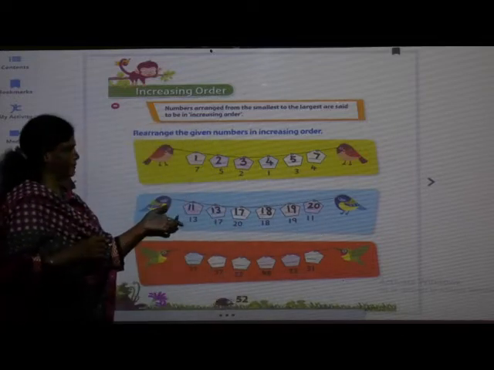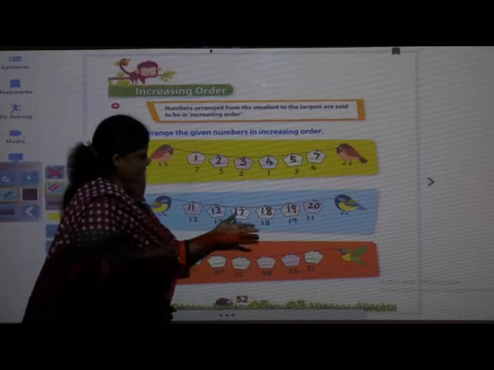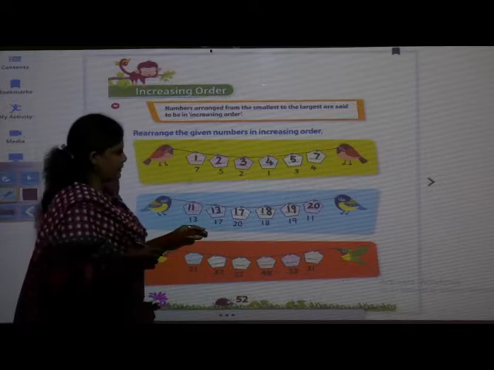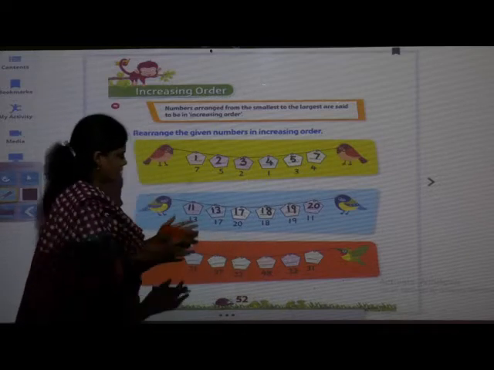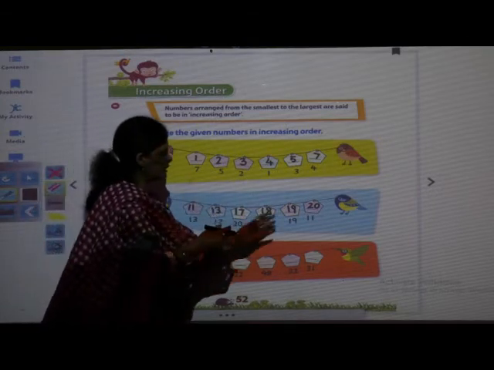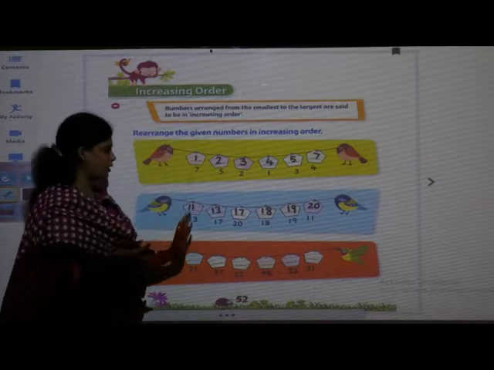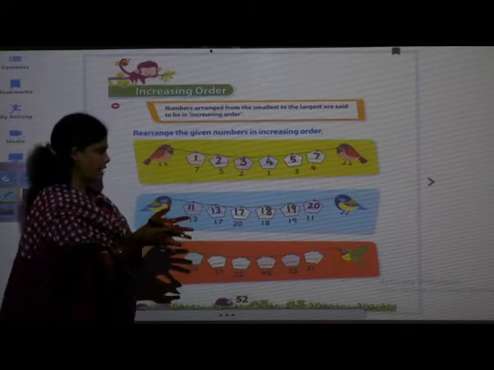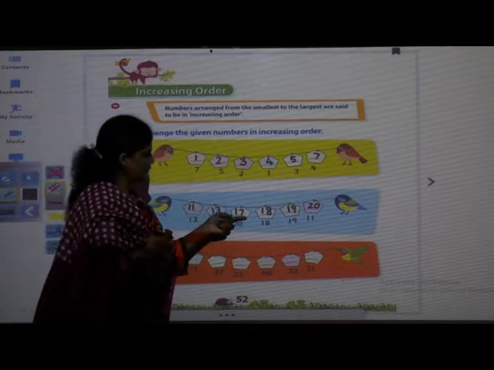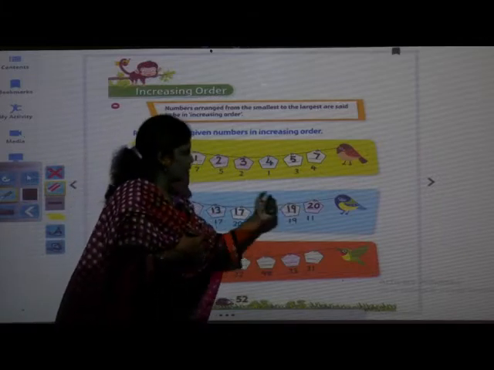See, here also the same thing we have done. First you were having a lot of chocolates but they were not in proper order. So what have you done? You have made bundles of all the different chocolates. In one bundle 13, in one bundle 17 chocolates you kept. Then later on what have you done? You have kept those chocolate bundles, boxes, bowls in a sequence. That is 11, 13, 17, 18, 19, 20.